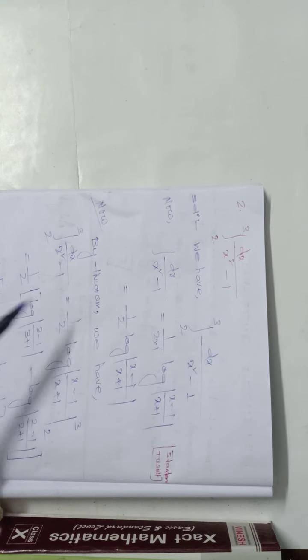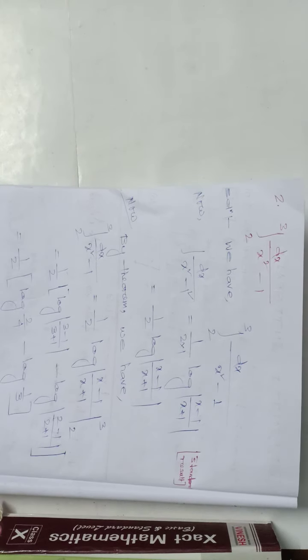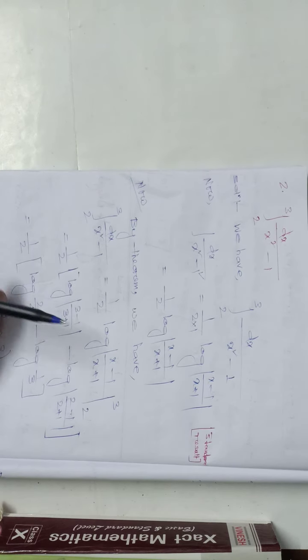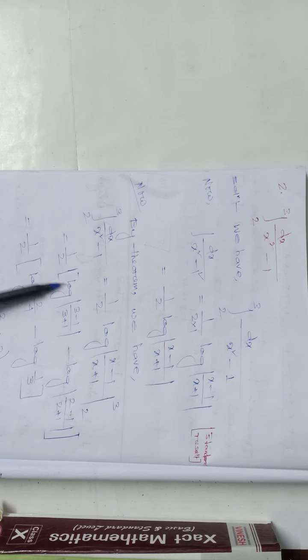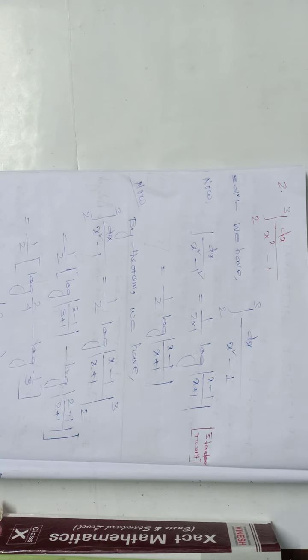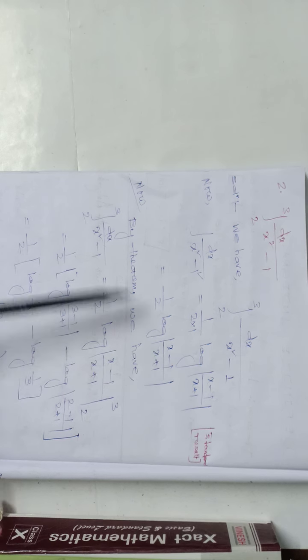1 means 1 square, you can write. So you can write 1 square also. So here a is 1. So 1 by 2a log of (x minus a) by (x plus a), standard result. So half log of (x minus 1) by (x plus 1). Now by theorem,